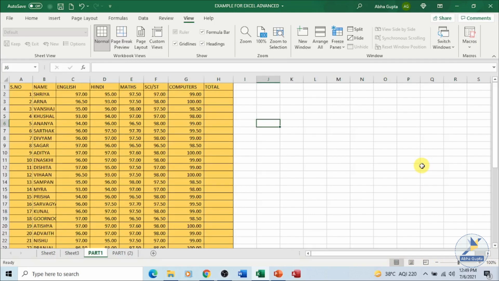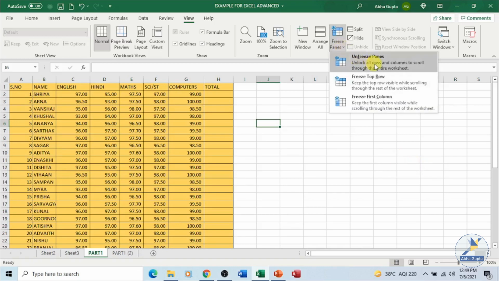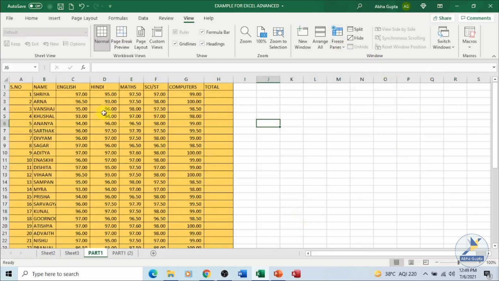Now, if you want to freeze the column as well as the row and scroll the rest of the data, that can also be done. Let's first unfreeze these panes. Now, the method to freeze the top row and the first column is that you just have to make this cell active. That is the intersection, this place where your top row and the first column meet.